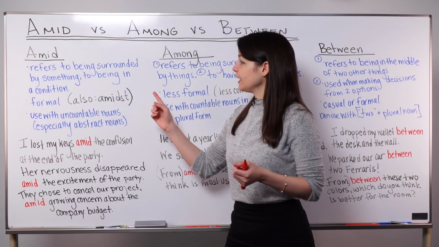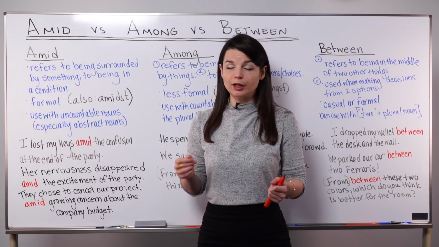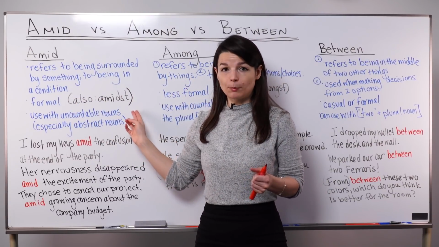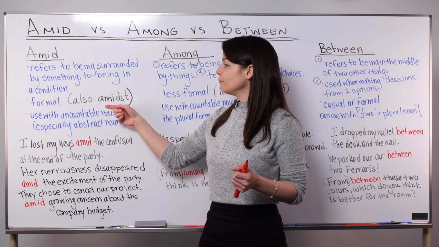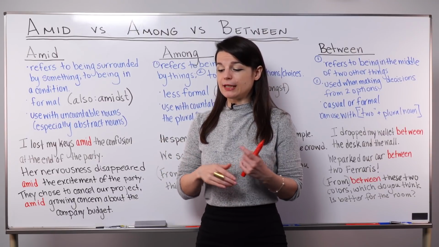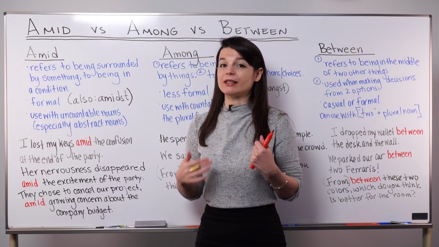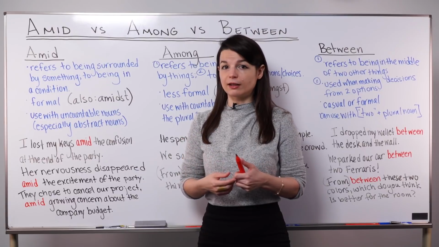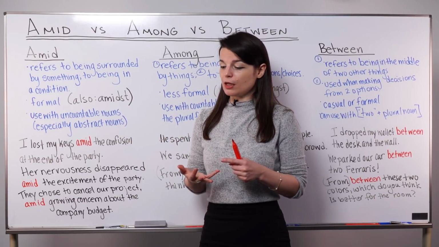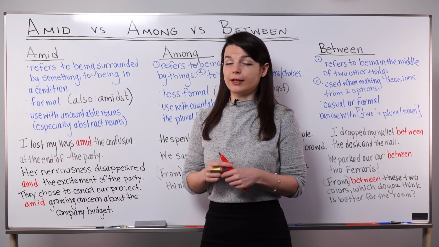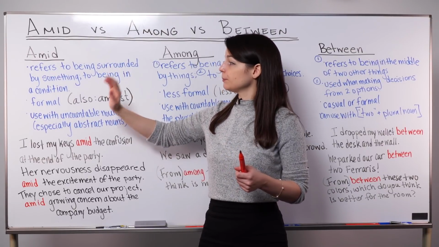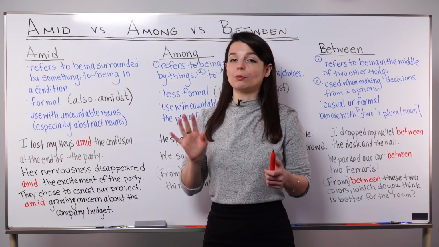The second point is that amid is a rather formal word. From these words I'm going to talk about today, amid is the most formal. You may also know the word amidst. This is quite formal and we really don't use it that much. It sounds kind of archaic, which means old-fashioned or like old-style English. You might see this word in poems or in books that were written a long time ago. We don't use this word very much today, but amid generally does sound more formal, more polite.